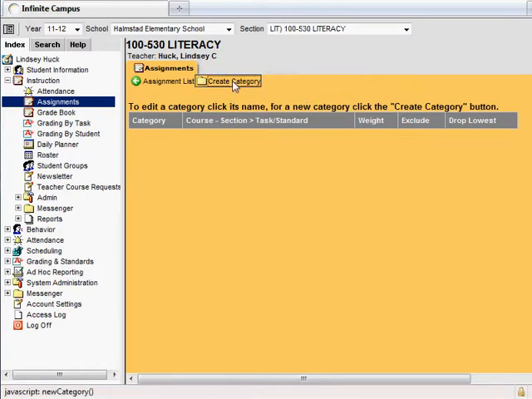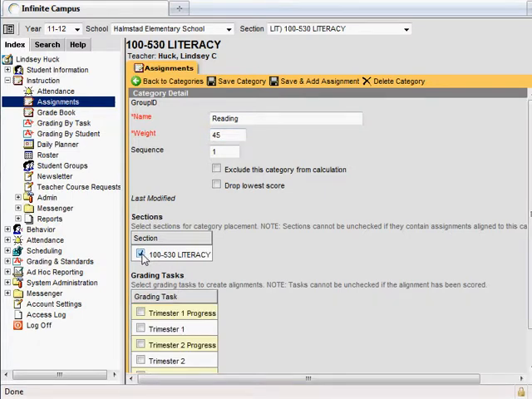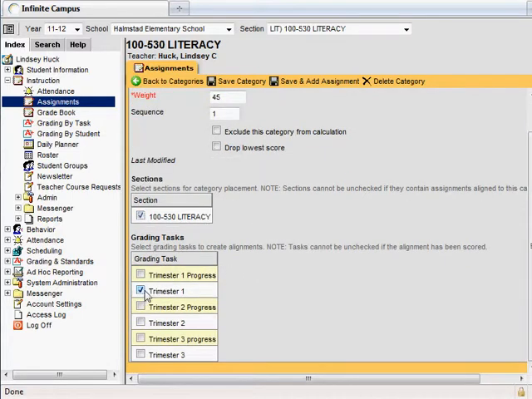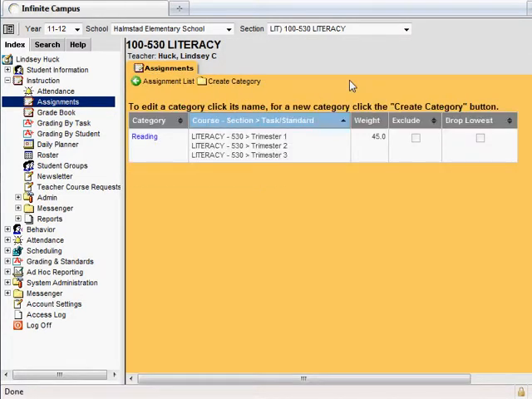And what we'll do here is create a category. In this case, I'm going to create reading. I'm going to give it a weight of 45. And down here we'll check your literacy section. And we're going to apply this to all 3 trimesters. The trimester area is where all of your assignments will be stored. And then just hit Save Category. We'll hit Edit Categories again, and you can see here the reading category we created is in each of the